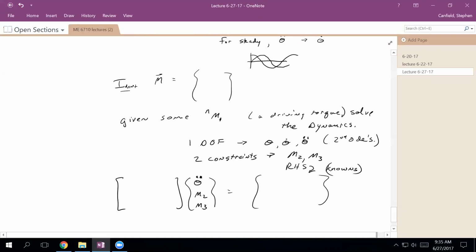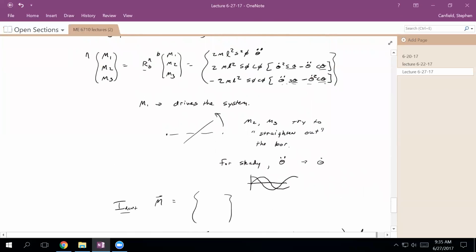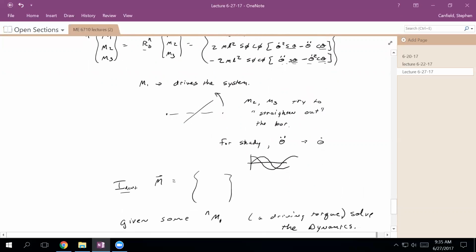So if I look back up at the equation above, I would move all the theta double dots, the M2s, the M3s to one side of the equation, and move these guys to the other, and I'd have to write that out. So, it looks like all this stuff will go to the right-hand side. So what might it look like? Well, the first term would be,